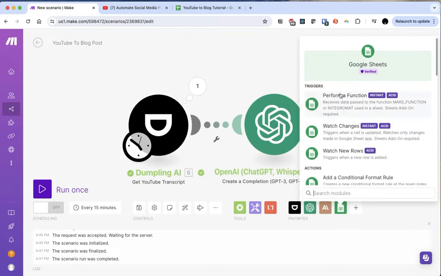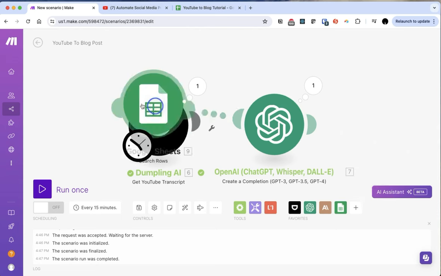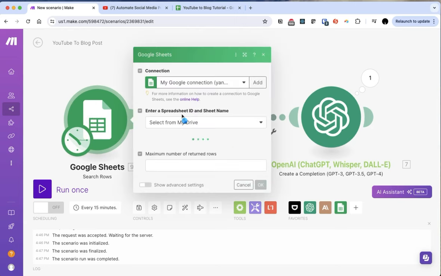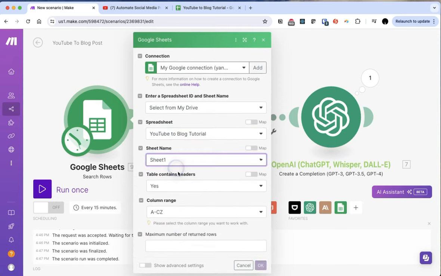So let's build that now, right? So to start with, we need to get the values out of Google Sheets. So we're going to use the search rows module. Let's drag this over, connect this. So that's all looking good. You need to connect your spreadsheet. Connected my spreadsheet, select the sheet,